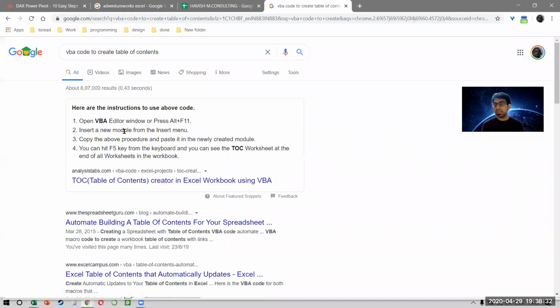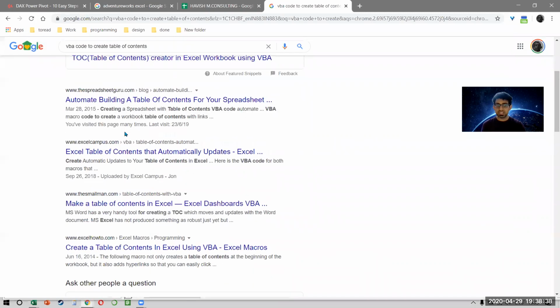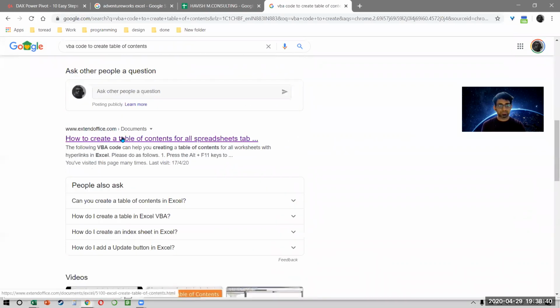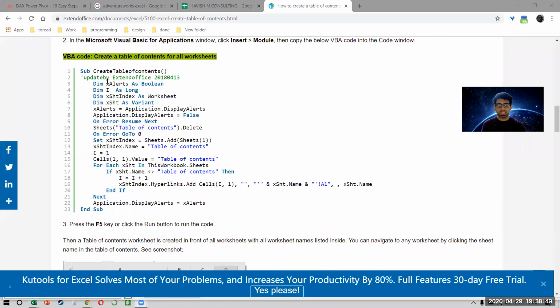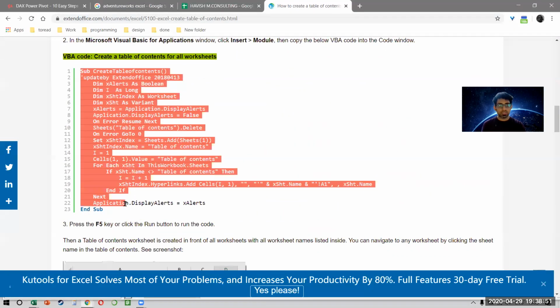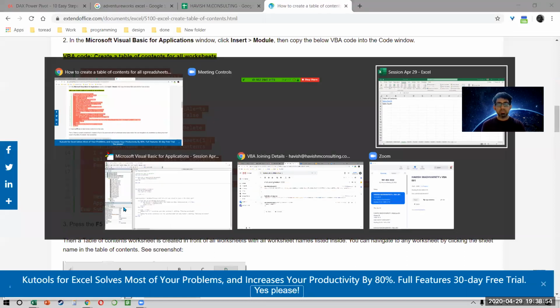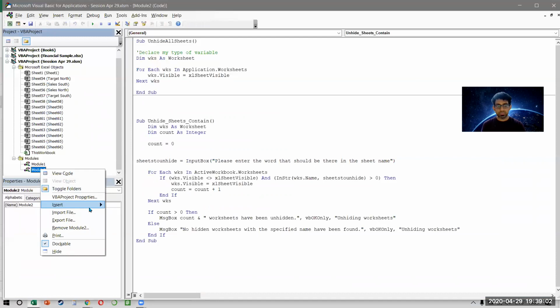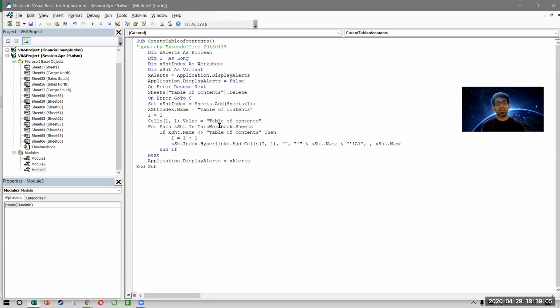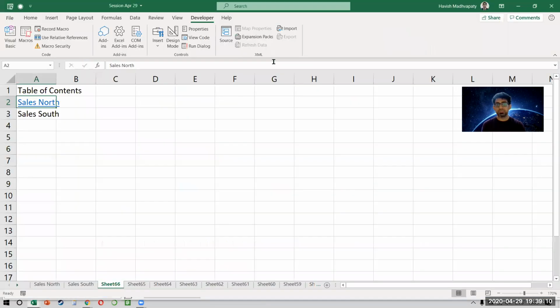Right? Now this code is going to be a little long, but again, we don't need to remember all of it. We can just look at the parts that we understand. So let me just open a website. The code is already there, so we can just select this from sub all the way till end sub. Control C, come back to VBA, developer, macros, sorry, Visual Basic. I will put it in a new module. And what do we do now? We simply run this code and let's see what happens.